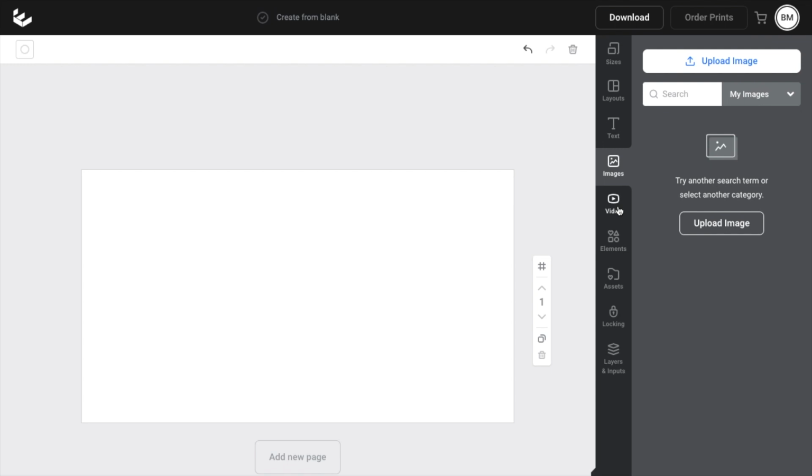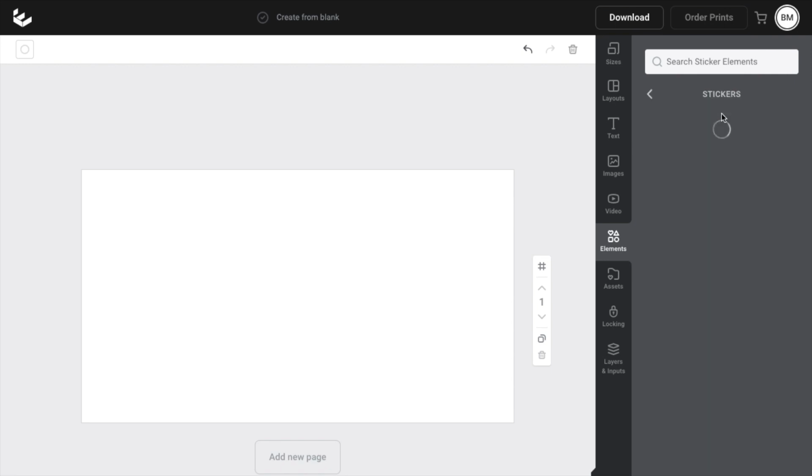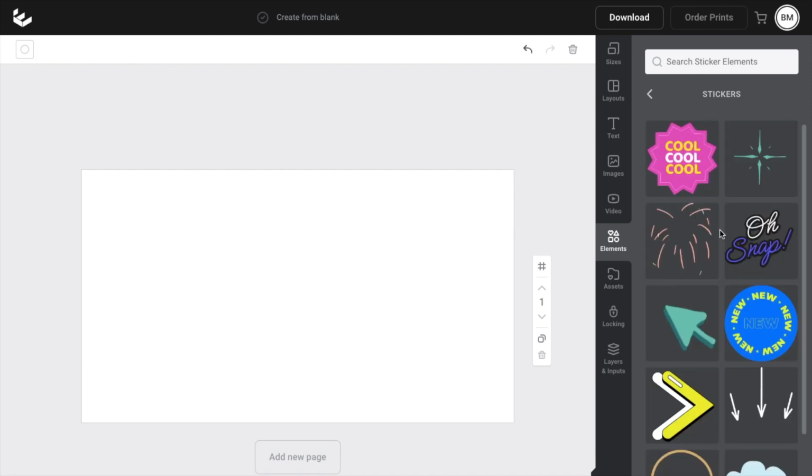Press on the Elements tab right between Video and Assets. Press on Elements. Then where it says Stickers here at the top, press on Stickers. Now what you can either do is search for a sticker element that you're looking for, or what else you can do is once this loads, it'll give you a whole bunch of different stickers that you can use here